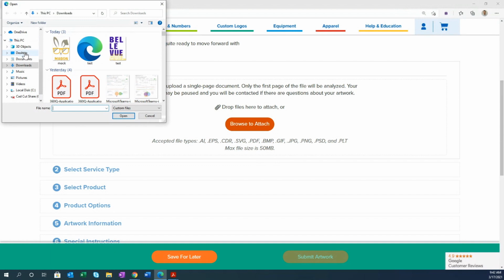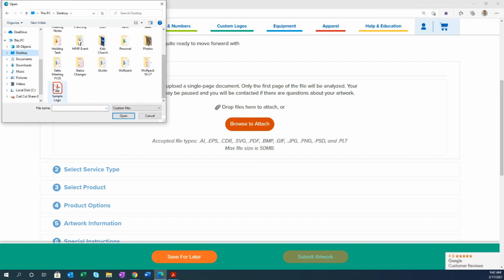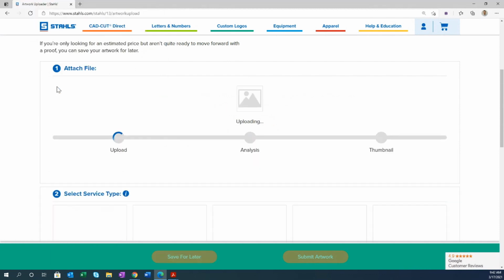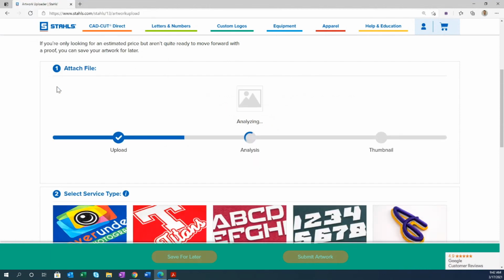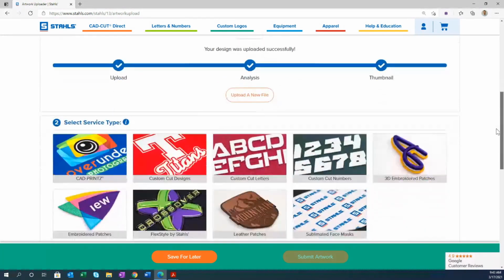That will bring up your file folder systems. And I will go into my desktop and grab my sample logo here. So I just double click on that to upload it. It will analyze the file, and then it will generate a thumbnail for you so you can ensure that you've selected the right logo. At that point, you want to scroll down your page and go to step number 2 in the process